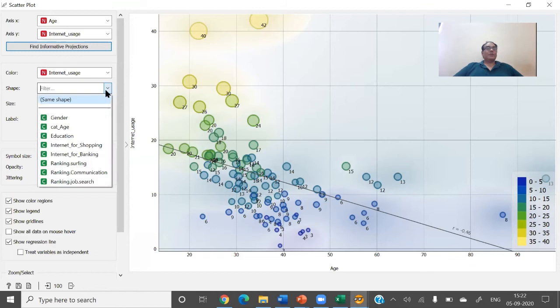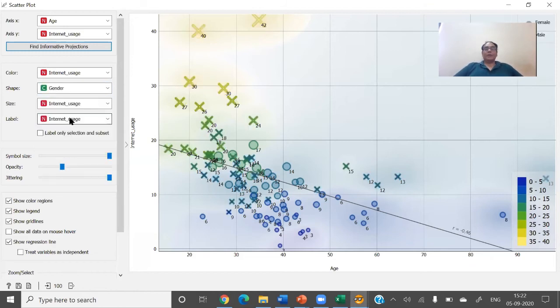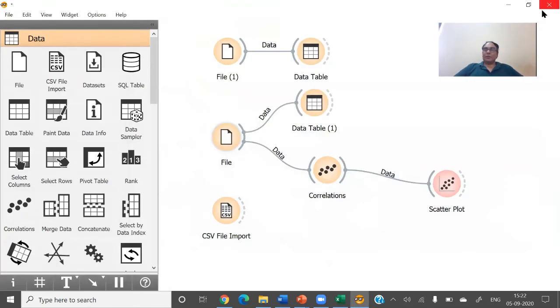Shape. Okay, now I'm doing the shape here. The X is representing the male, you can see, and circles are representing the female. So we can also find out one very interesting thing here. The high internet usage is found in case of males, and the low internet usage is found in case of females. So as you can see in the chart, there's a difference between the internet usage of male and female. More high internet usage you can see in the case of males. So all the interesting graphics we can do with the help of Orange, and these options are not available in any other software, I'm telling you.